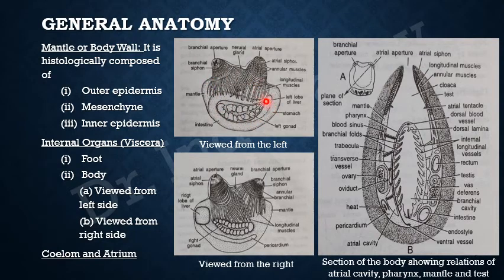From the pharynx arises the esophagus and then the intestine, and this intestine opens by an anus near the atrial siphon, and from here all the waste material is carried out of the body. And you can see the left lobe of liver. It is a chocolate colored left lobe of liver, which is a little narrow structure as compared to the right lobe. You will see it in the right view. Then the intestine is forming a big loop in which lies the left gonad.